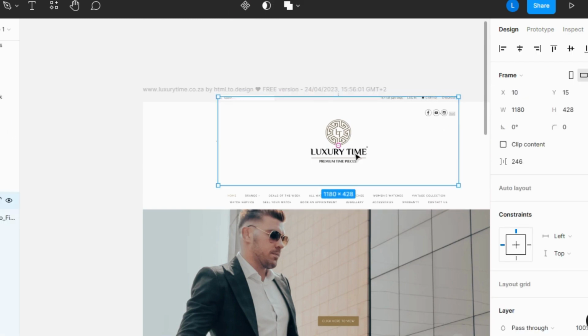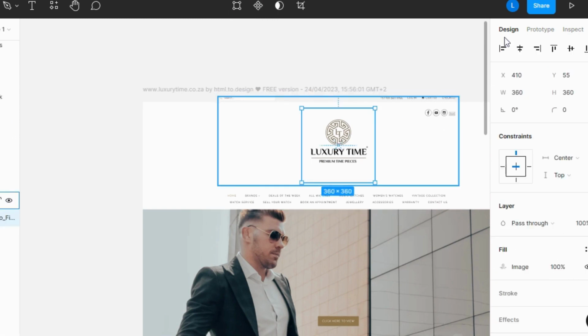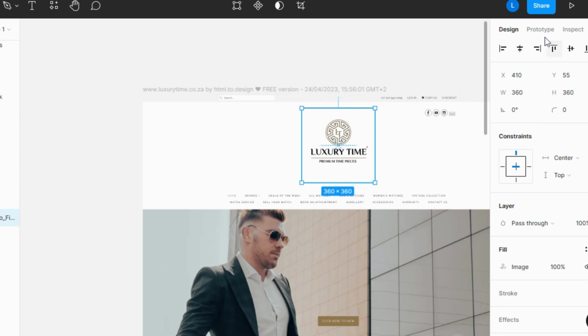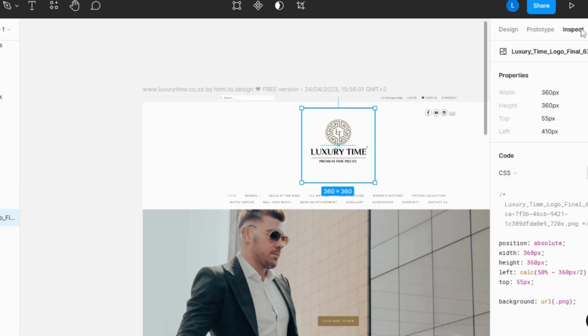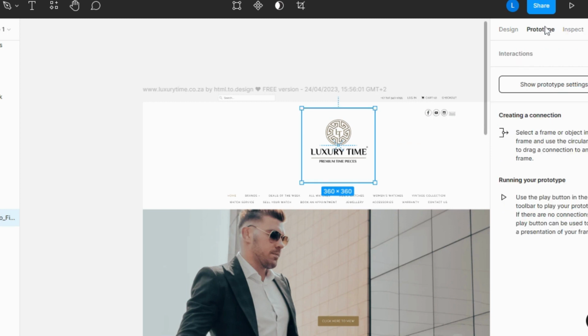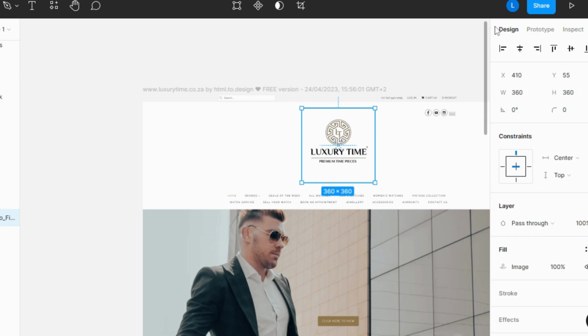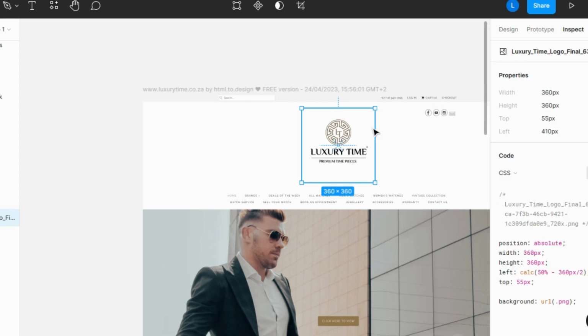We have the design, we have the prototype, and we have the inspect option. So if I want to copy the properties, I can always copy the properties. And we have the CSS written here, we have the prototype, we have the design. So this is an actual image. There is the image over here. Okay, so you can also have